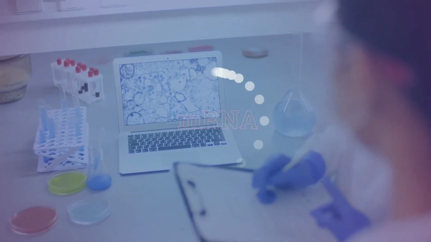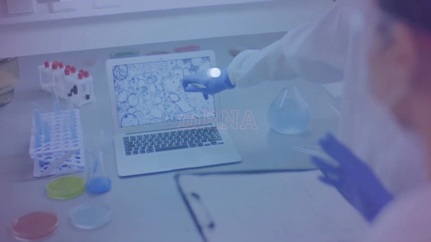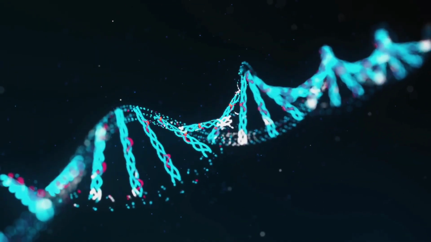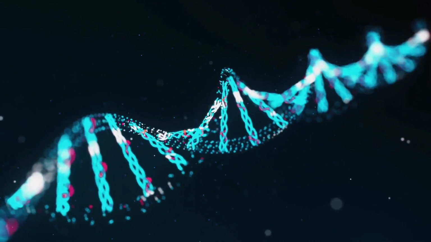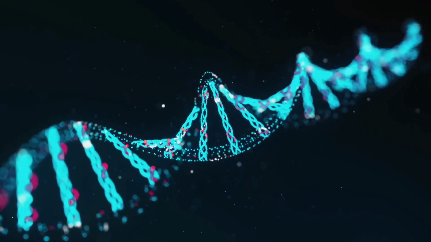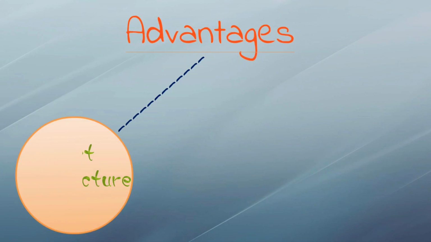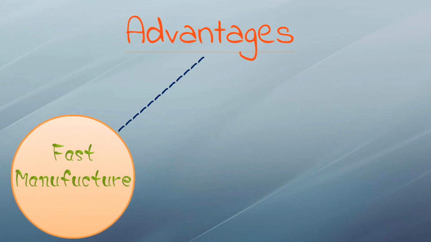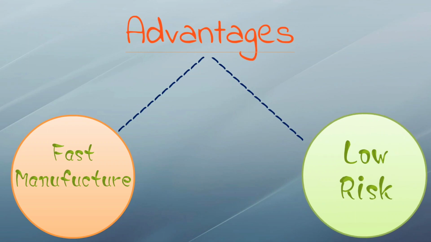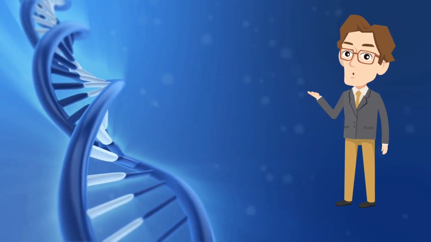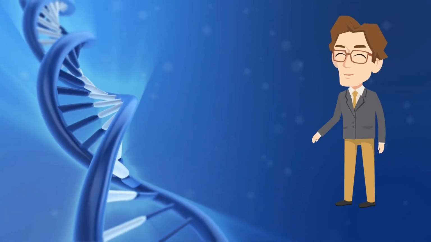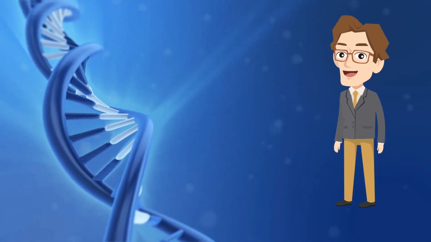Now let's briefly talk about mRNA vaccines, which have been researched for over a decade now. mRNA vaccines make protein in order to trigger an immune response. mRNA vaccines have several benefits compared to other types of vaccine, including shorter manufacturing time, and because they don't contain a live virus, no risk of causing disease in the person getting vaccinated. After researching which vaccine will be safest, it's time for the second stage, that is the testing stage.